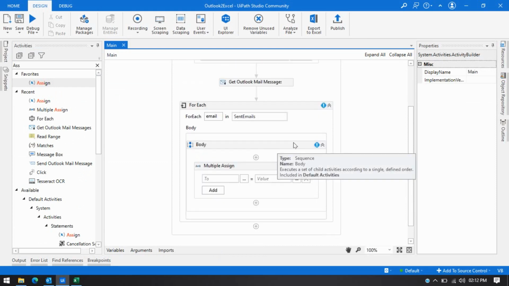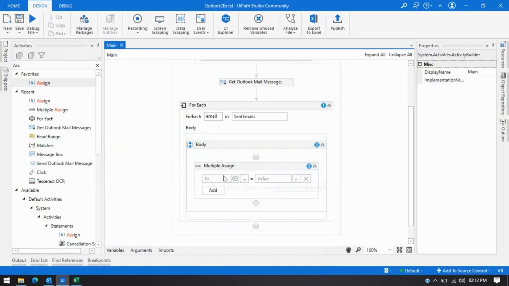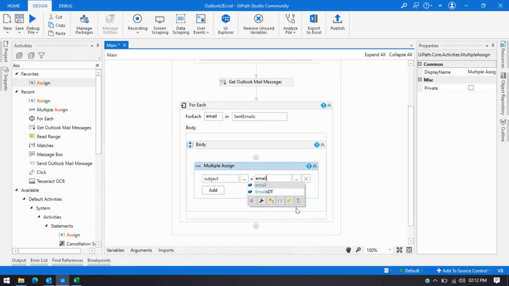So first I need subject, so I'm going to press Control K here and create one subject variable, so that I can store it here. And then I'm getting all this email details in the email variable, so I'm going to use email.Subject, right?